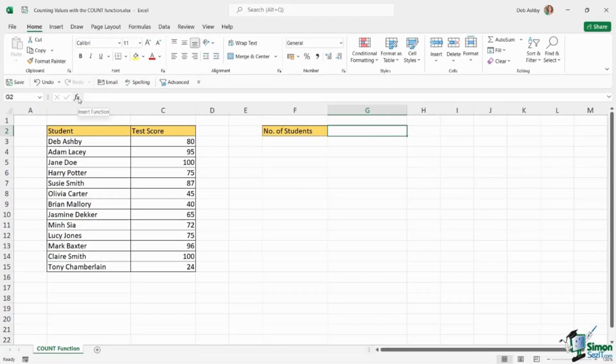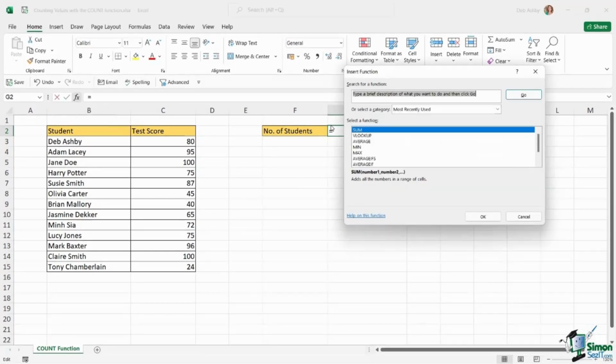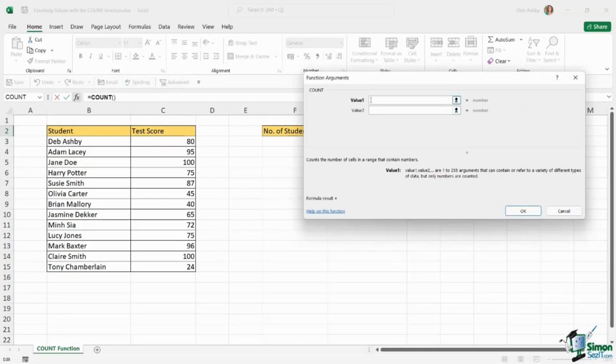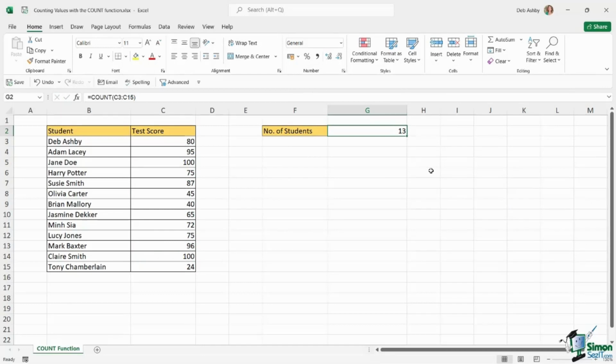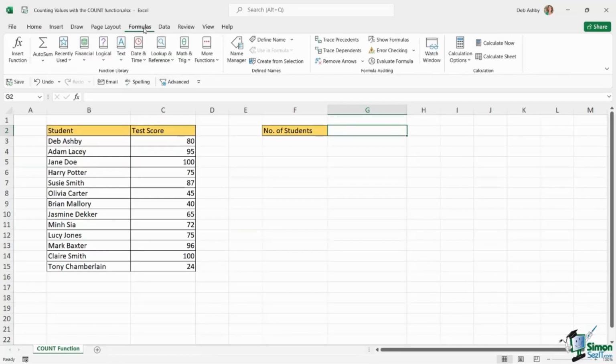So if I click the FX icon, I could go in here and search for COUNT. There it is at the top of the list, and basically I can then go in and select the values that I want to count. So I'm going to select the test scores, click on OK, and the formula works. I could also use that AutoSum button. So if we go back to the Formulas tab, click the lower half of AutoSum, we can also use this